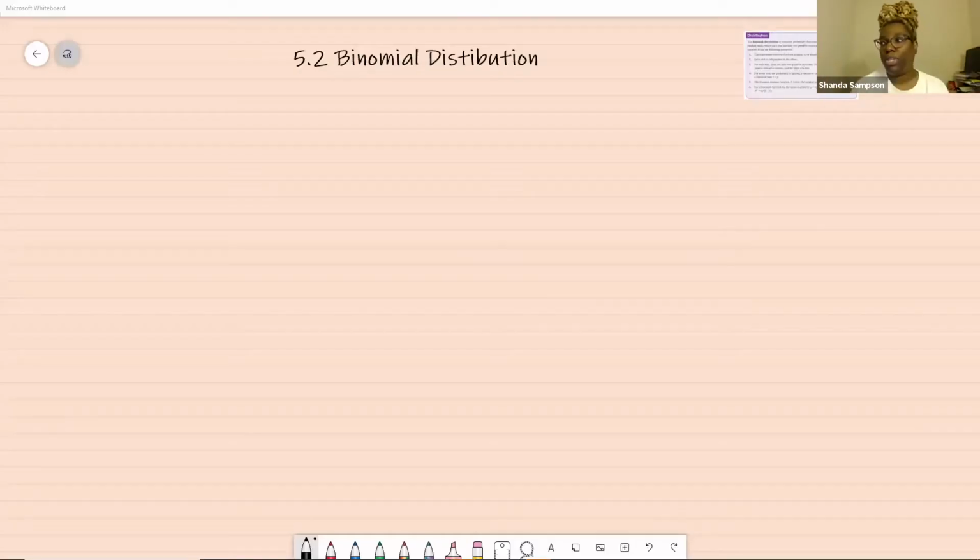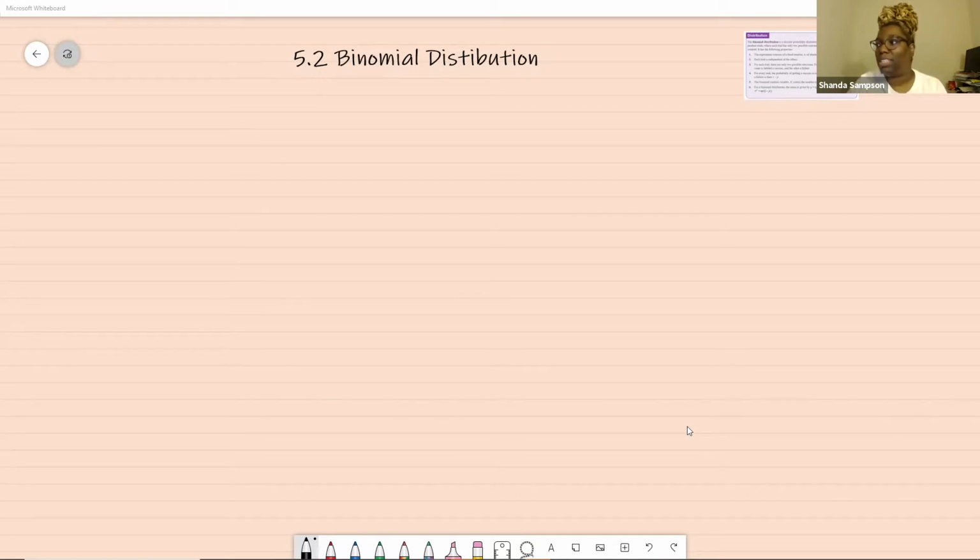Interesting section, so we're going to get right into it. It's actually going to be a little long. So binomial distribution. We just left off talking about discrete probability distribution. Discrete probability distributions is a general term, and then we have different types of discrete probability distribution. Now, we will only cover binomial distribution, but there's also Poisson distribution and hypergeometric distribution. There are different types of distribution, but again, we'll only cover binomial distribution.